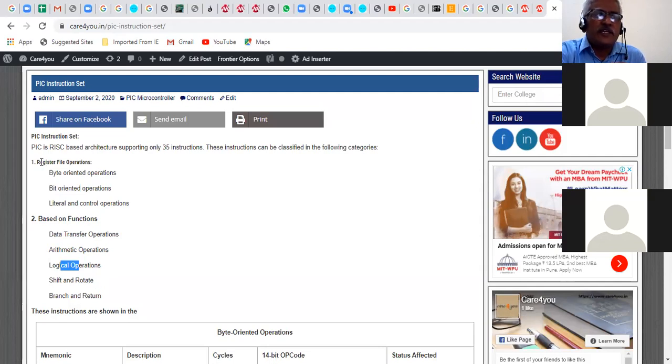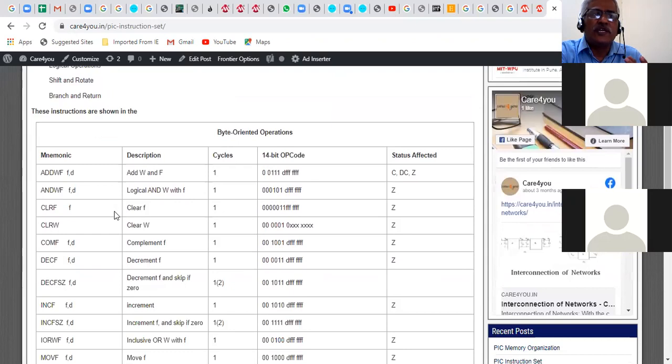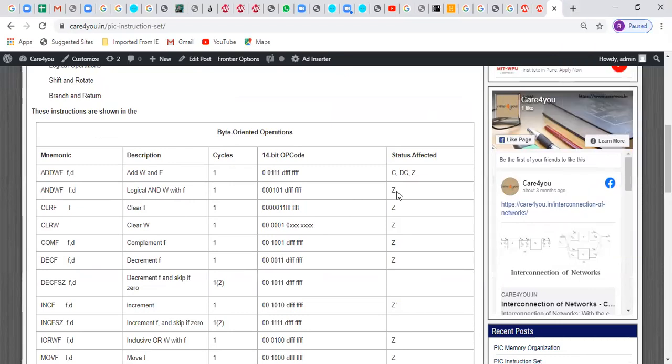One way is based on the register file operation, and the second is based on what function the instruction performs. You are familiar with this classification. Let me take you to the different instructions and what their syntax is, what they do, and what the different flags are that are affected by those instructions.